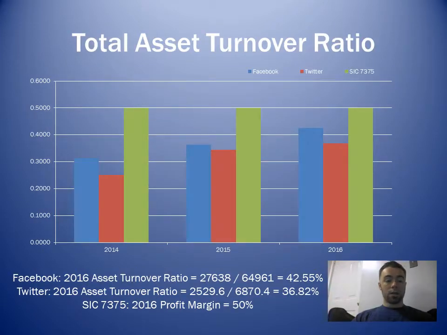As we look at the asset turnover ratios, we see a much different landscape. In the past 3 years, both Facebook and Twitter fell short of the industry average of 50%, but for varying reasons. As it has been reported, prior to Facebook's decision to take the company public, the company has had a very strong asset turnover ratio of nearly 80%.